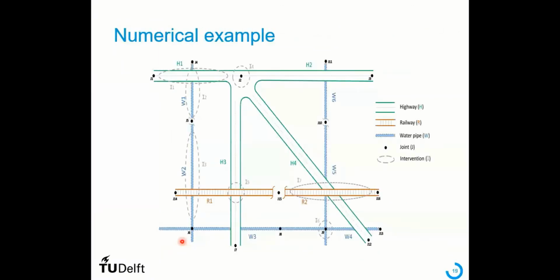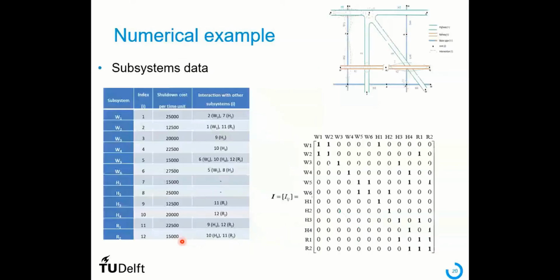Now, I will show you a numerical example. That's exactly the same example I showed you before, but now with some numbers. For example, we have the system closure cost. If W1 is not working, then this is the amount it will cost us, because it's not functional for all subsystems. And this is the same matrix I showed you,